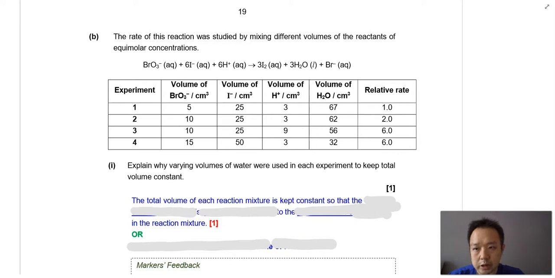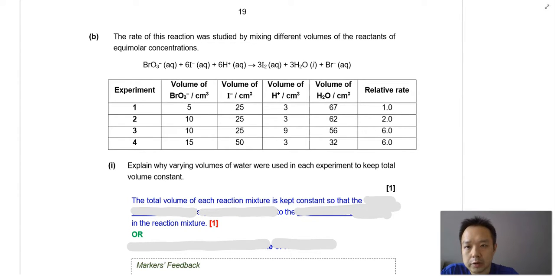Alright, moving on to section C, question 1b. Question 1b largely is based on a kinetics topic. In this question, 4 experiments are done using different volumes of reactants. The first question: explain why varying volume of water were used in each experiment to keep total volume